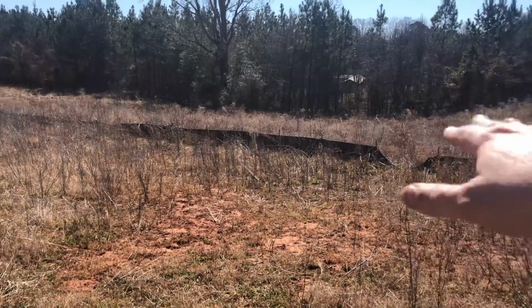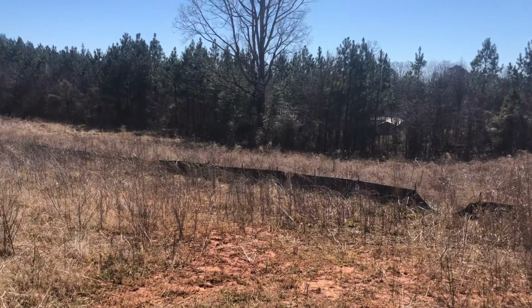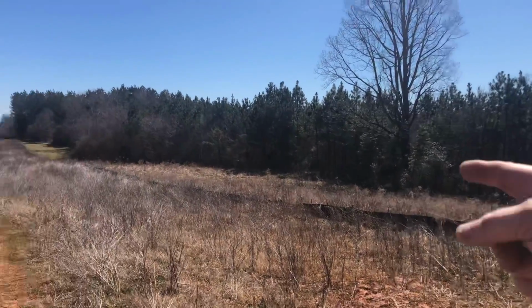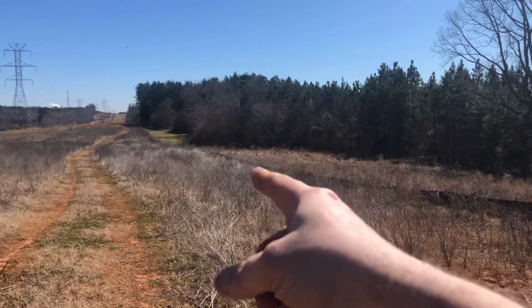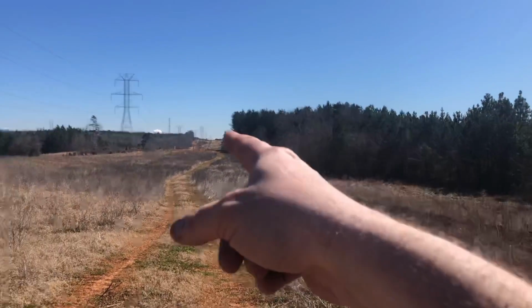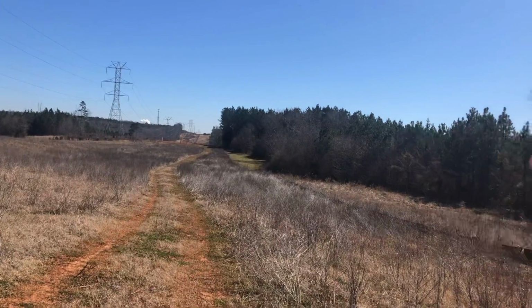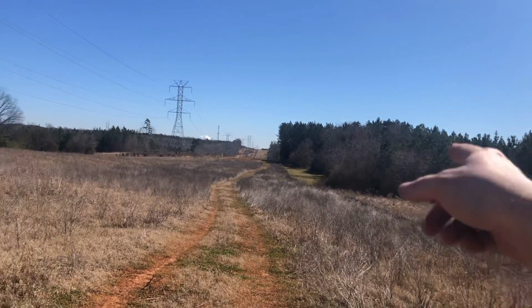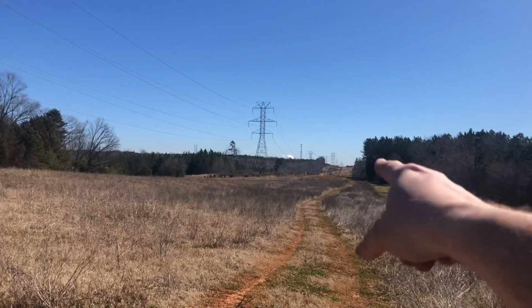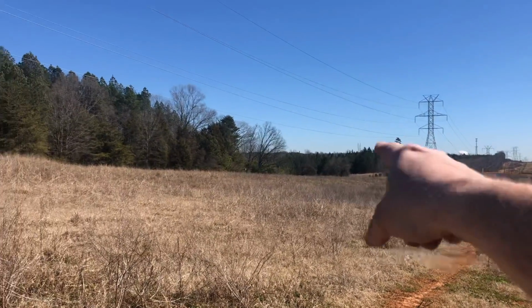It'll be a little bit cooler down there. They can go down there and get some shade and a little bit cooler air when they want to. And then I'll bring it out and turn it and take it almost straight, following the silt fence there, and then cut across. I don't know if you can see my neighbor's fence. He's got coon dogs and stuff he runs in there, so he's got a fence right there where he does that. And I'm gonna bring it along the old fence line